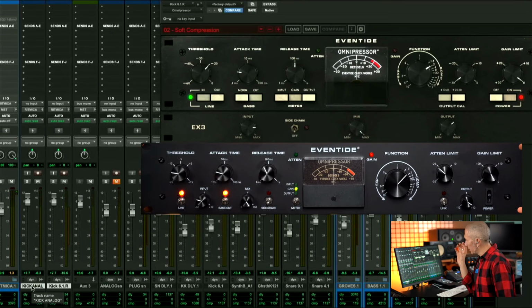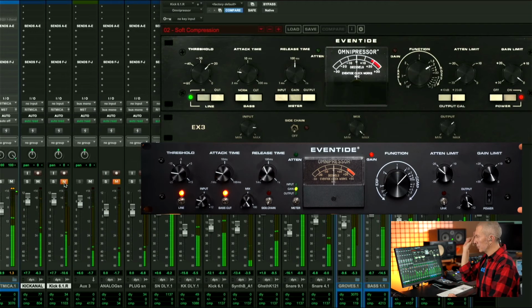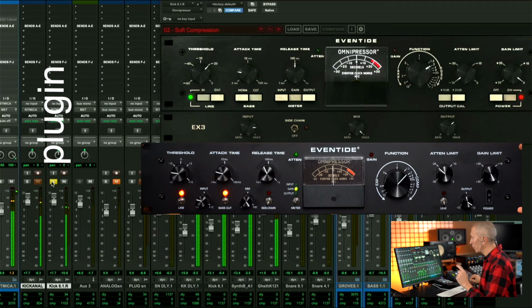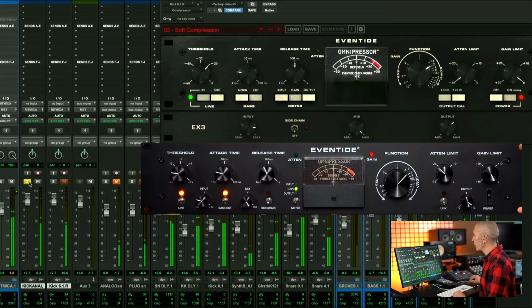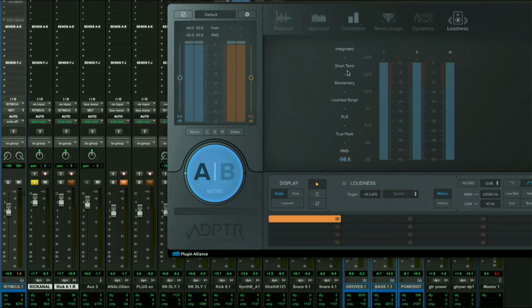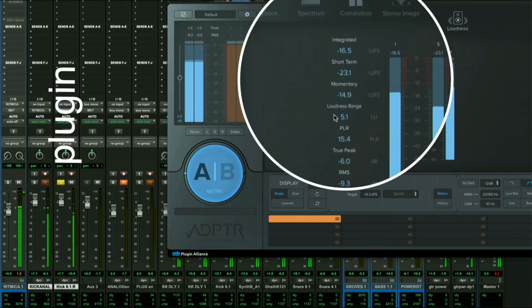Let's listen now on the same song, same sound scenario, a different drum part, the bass drum, the kick. Okay. Same compression on both. Let's check if the level is the same. Minus 22.8.